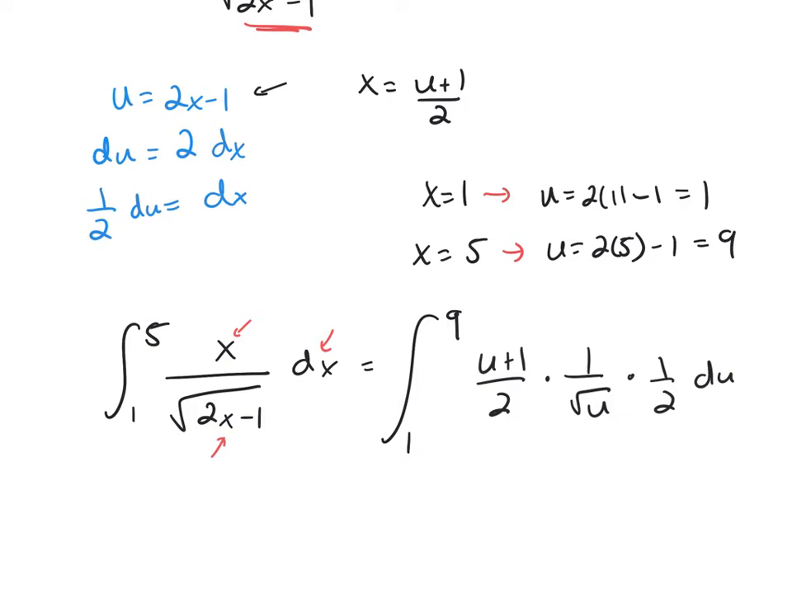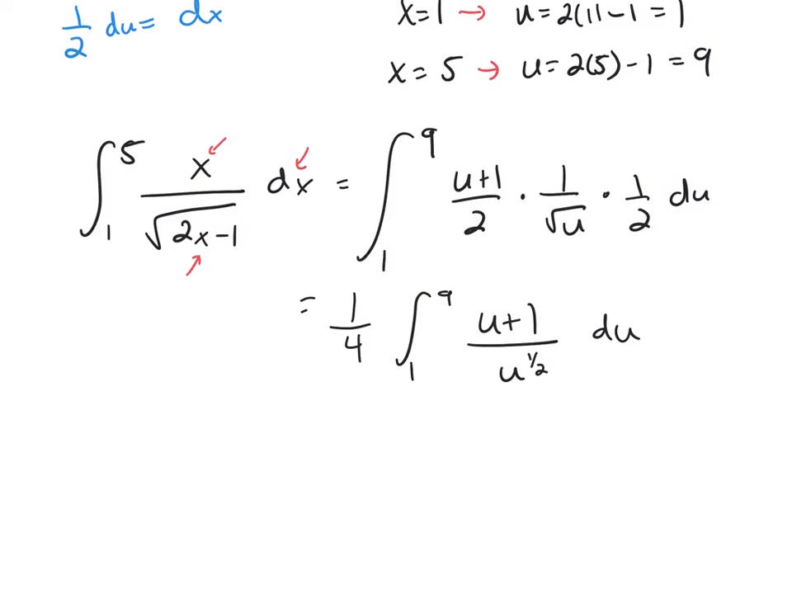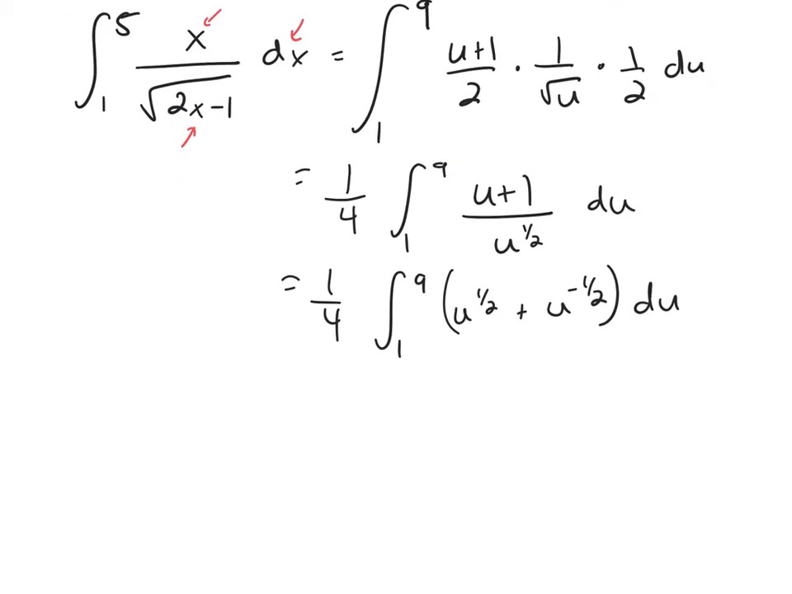du. So I'm going to pull out both 2's out of the denominator. I'll get a 1/4. This is u plus 1 over u to the 1/2. And then you're going to separate it out. This is u to the 1/2 plus u to the negative 1/2. And then from here,